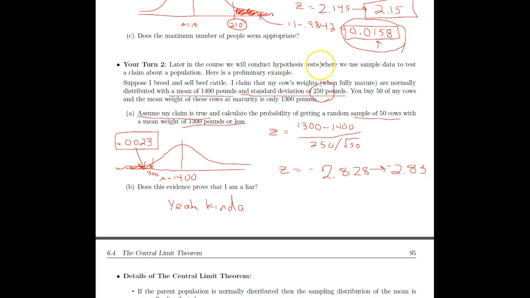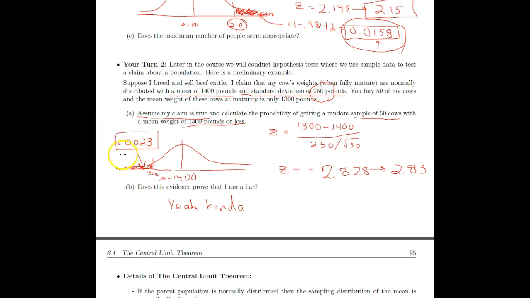And that's basically what inferential statistics is all about as we get into hypothesis tests. This is what statisticians and researchers do. They basically do things like this with this normal curve, and they conduct samples, and they find how improbable this probability is. If this probability is really low, then we say, yeah, you were probably lying. It's highly improbable for that to just happen by chance.